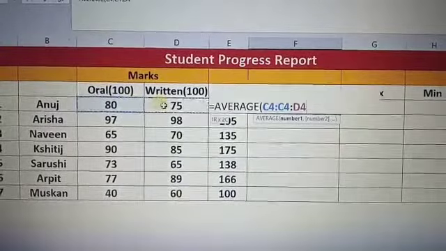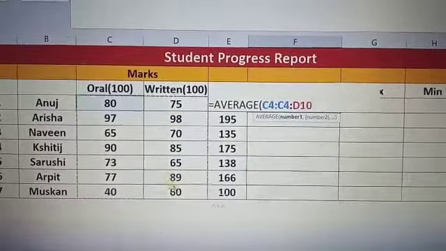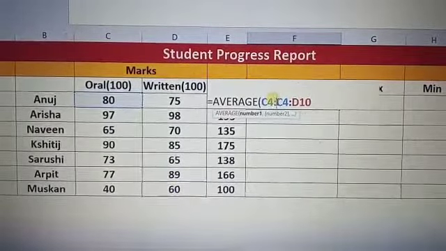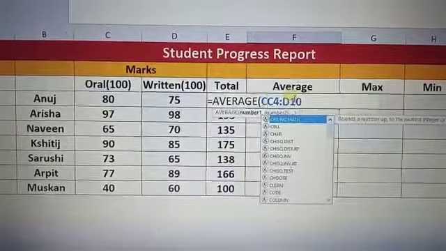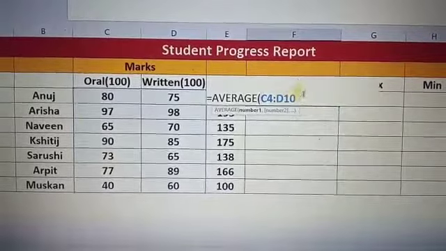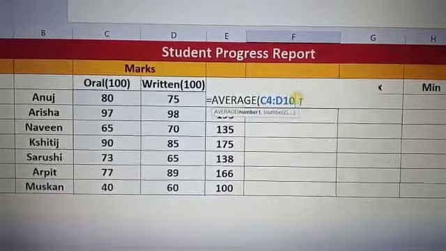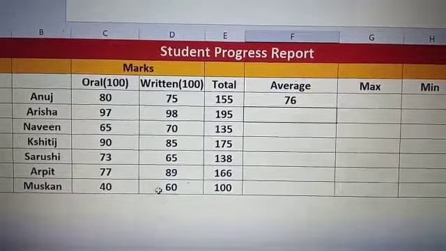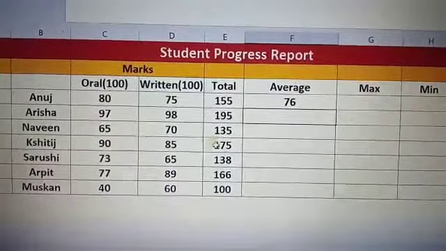You select all from C4 to D10, and that gives the average value. So 76 is the average. Overall, 76 is the average value.